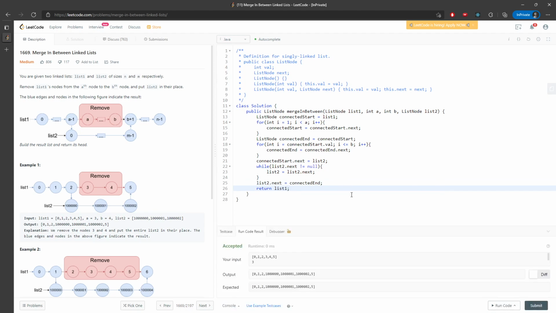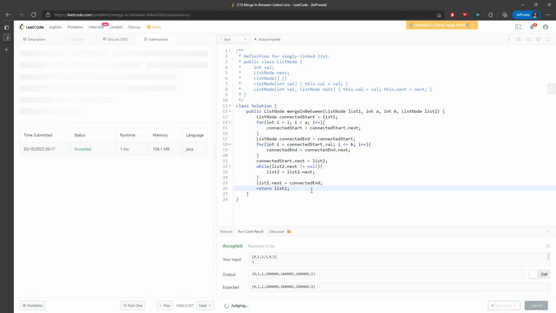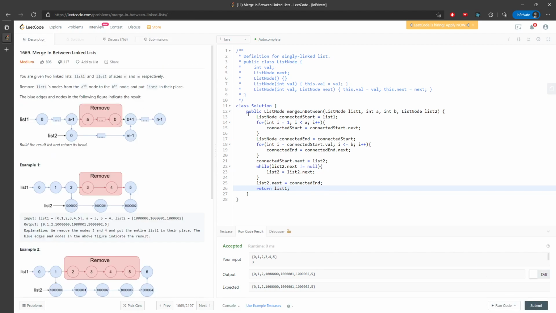It does look a little bit confusing, but just think about it. So let's talk about time and space. For the space, I only create a variable, so it's constant. And for the time, you do have to traverse list 1 and list 2 completely. Every single node in this one, you need to traverse. Every single node in list 2, you need to traverse. So the time is going to be O of n1,